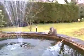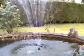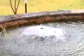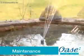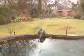Always consult a qualified electrician when installing any electrical equipment in your garden. And remember to disconnect the power supply before entering the water or performing any maintenance task on your pond and pond equipment. Maintenance. Before performing any maintenance on your pond equipment, always disconnect the power supply prior to commencing any